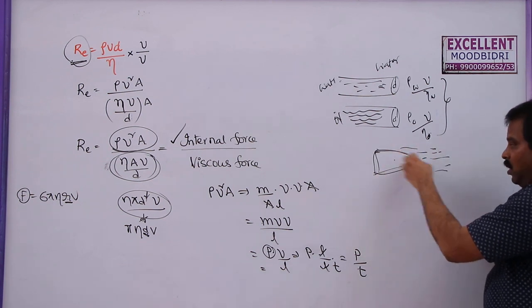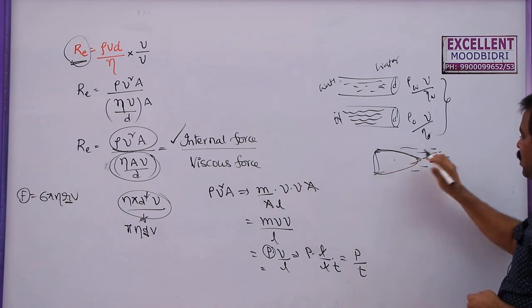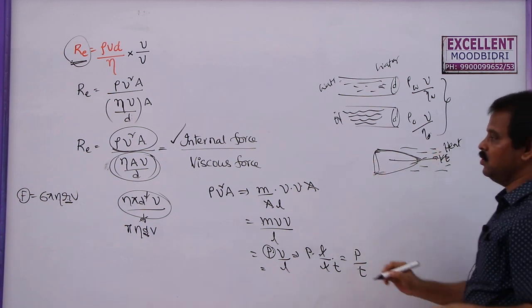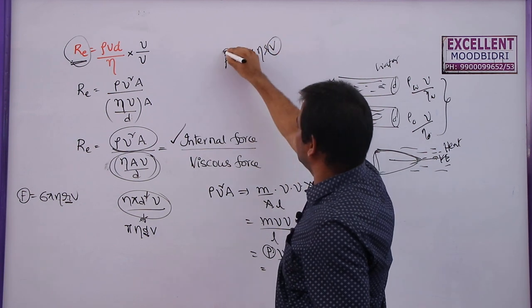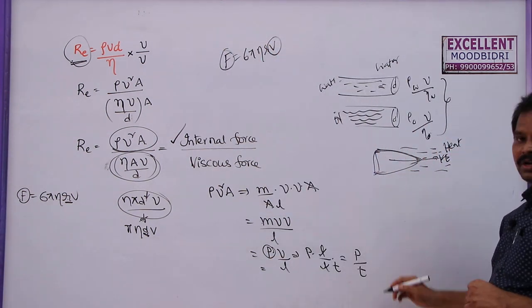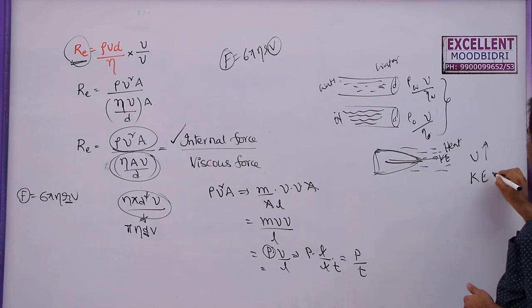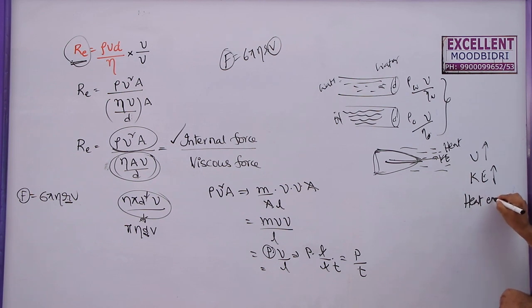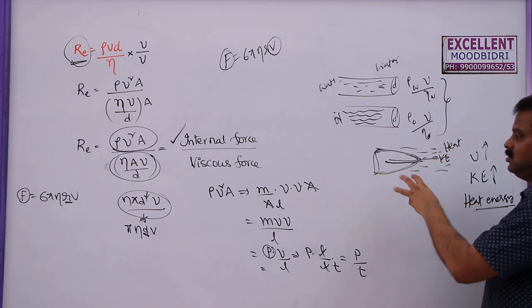The work done against this fluid to move through it comes out in the form of heat energy. Actually it has kinetic energy. Whenever velocity increases, viscous force increases, as in the formula F equal to 6 pi eta RV. As race cars or aeroplanes travel with a large speed, they have large velocity, therefore large kinetic energy. Some of this kinetic energy converts into heat energy. So to decrease the amount of heat dissipated in this process, the front portions are streamlined to decrease this viscous force.